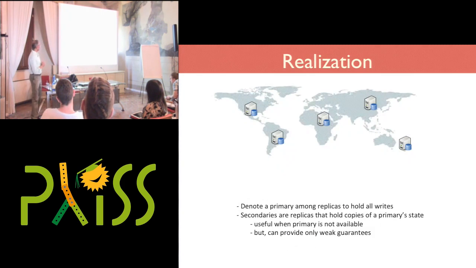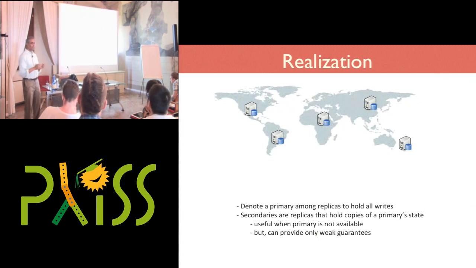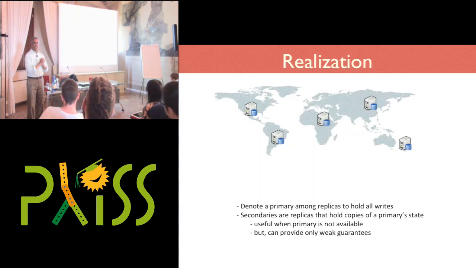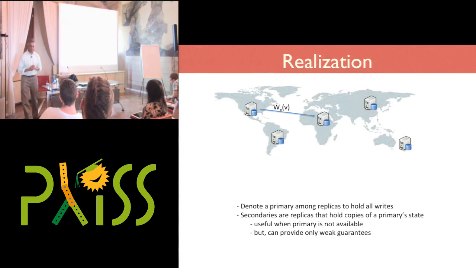So here's one way that I could do it. One way that I might achieve it is, well, suppose that I forced all writes to go to a single replica, a single source. So I could imagine that there's some node sitting somewhere, and all writes feed into that node. And so when I do a read, I'll always read from that node. So I might have this write in Seattle go to some node in Cairo, and that node is responsible for servicing all reads that take place.